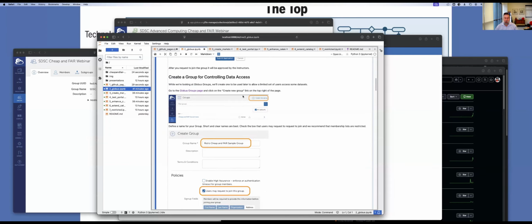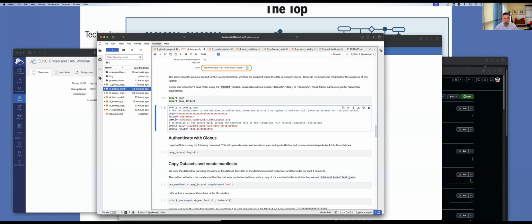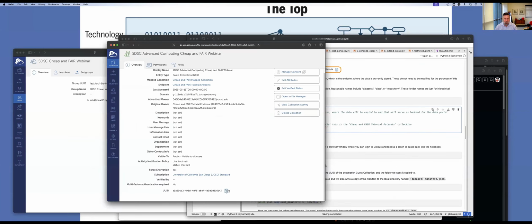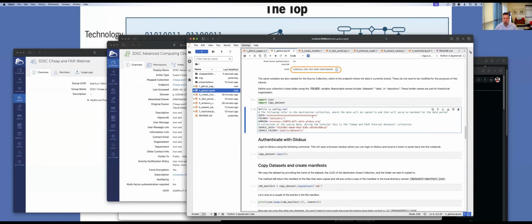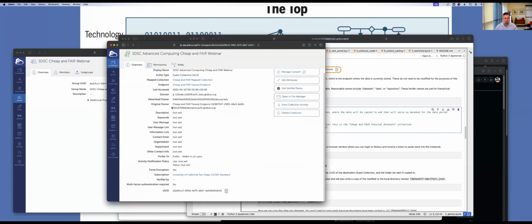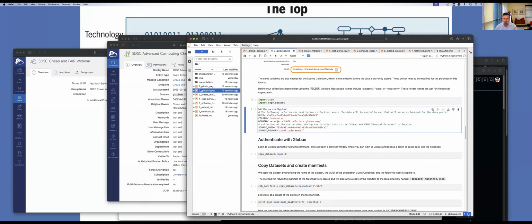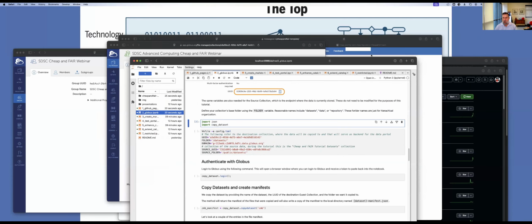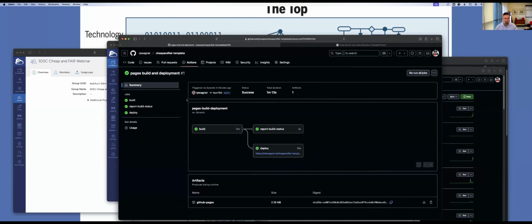So coming down here, I need to add that, and I'm going to update the configuration file. I'm going to get the UUID down here and add it. And I'm going to get the prefix to the domain, which is this string here. And what this is going to do is there's a file, copy datasets, in the cheap and fair repository. If we go look at it here,